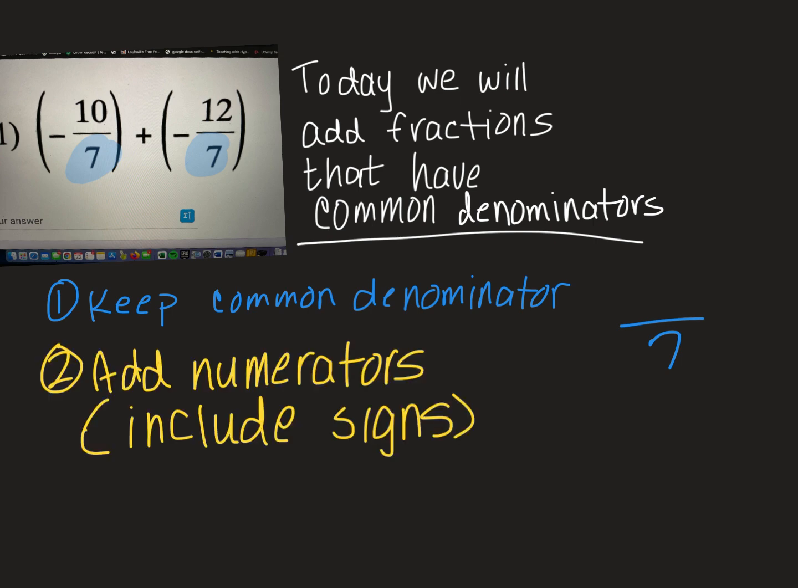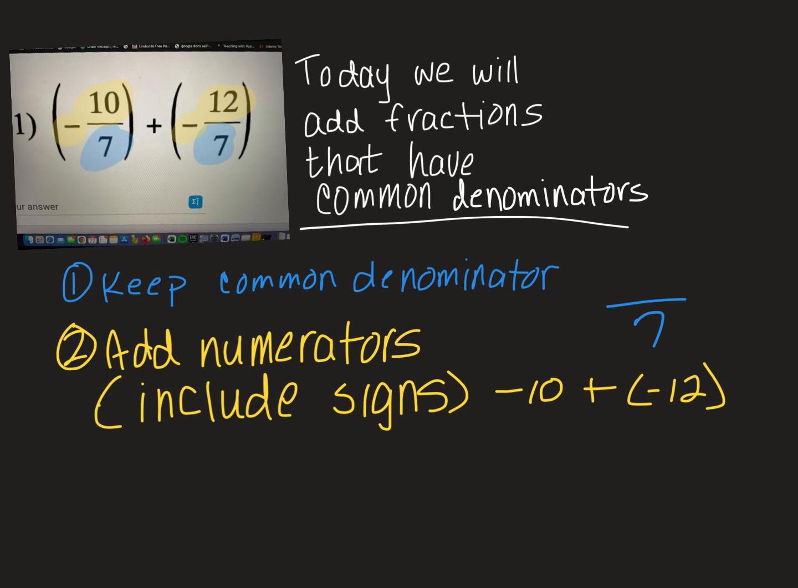So step 2, we're going to add those numerators. The numerators are the top numbers, but we're also going to include those signs, the two negative numbers in the fractions. So we're going to add together -10 plus -12, because we've got a 10 in the numerator of one fraction with a negative in front of it, and we're adding it to the numerator of the other fraction, -12. If we add those together, that gets us